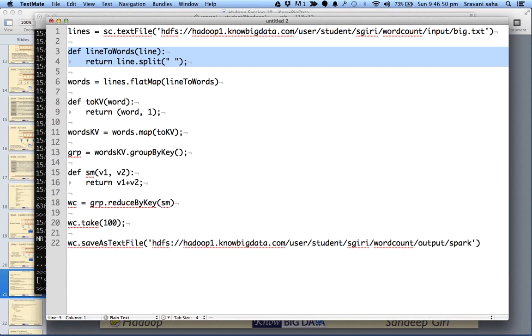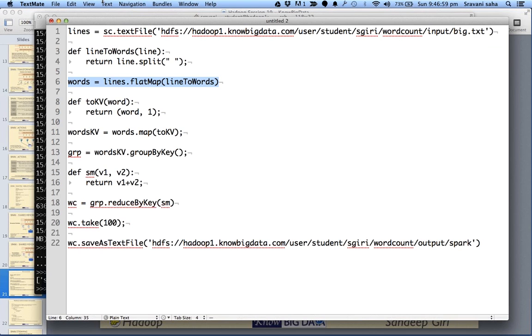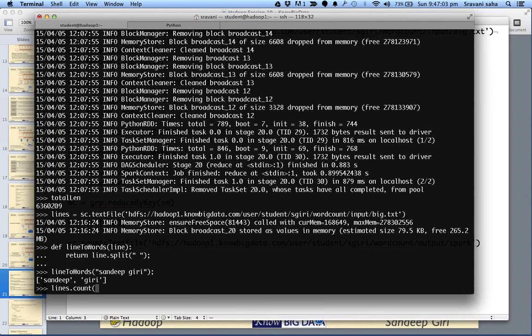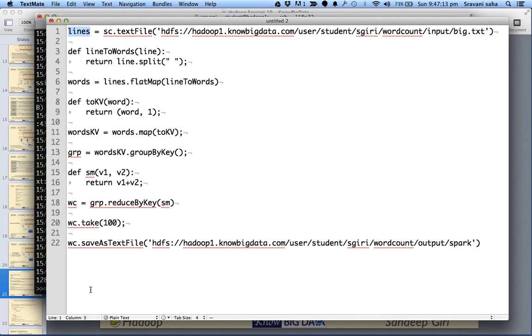All right, makes sense. Now next we pass this function to each line. If you say lines dot count, it should give us the total number of lines. So it has a total of 1.2 lakh elements, or you can say 128k.